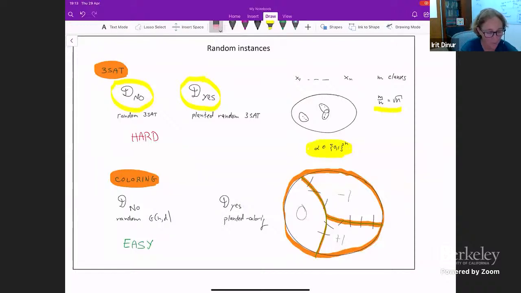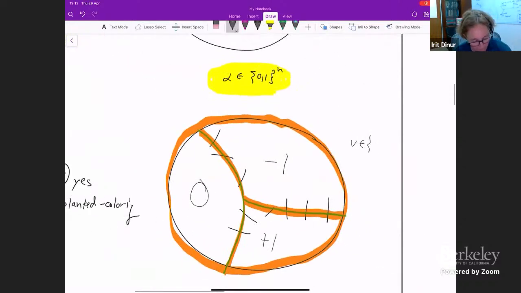But think of the vector in {-1, 0, +1} to the V. Okay, I guess I shouldn't call it V. Let's call it X. So I have a vector where V is the vertex set with a coordinate for every vertex, and in this vector I put -1 on all the vertices in this part, 0 on all the vertices in this part, and +1 on all the vertices in this part. Then this vector, if you multiply it by the adjacency matrix of the graph, you will see that